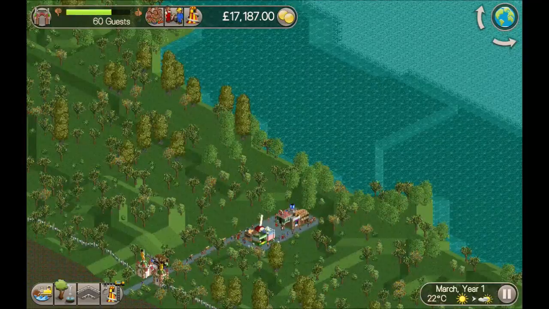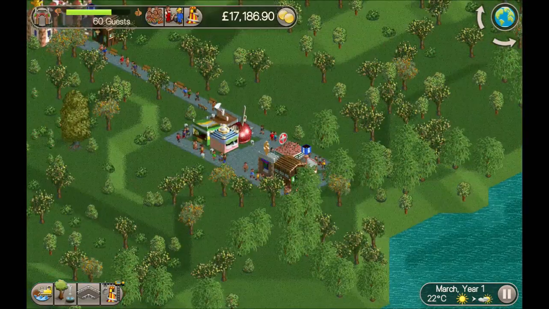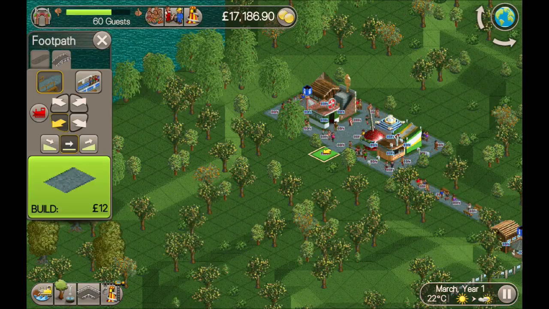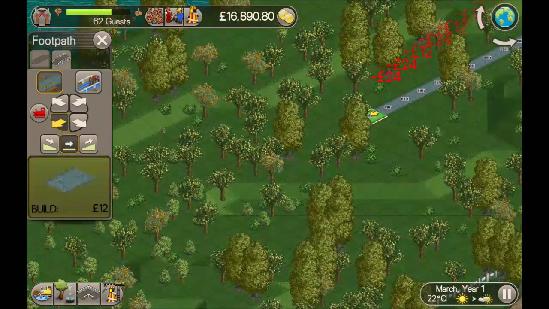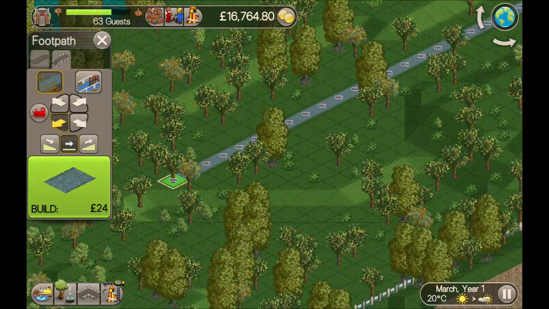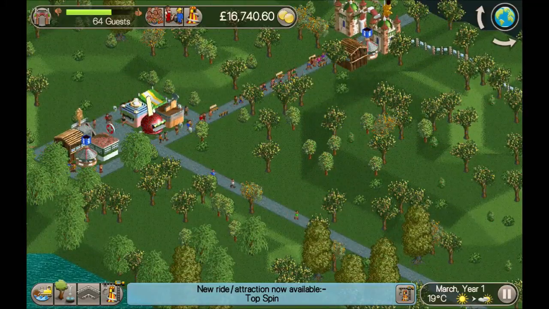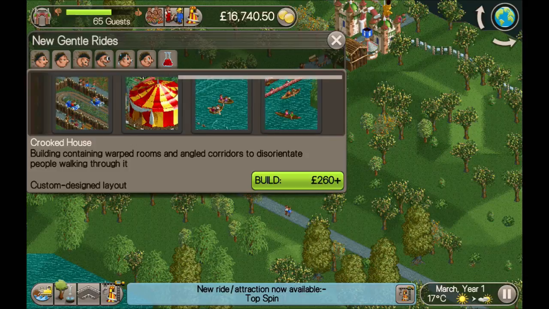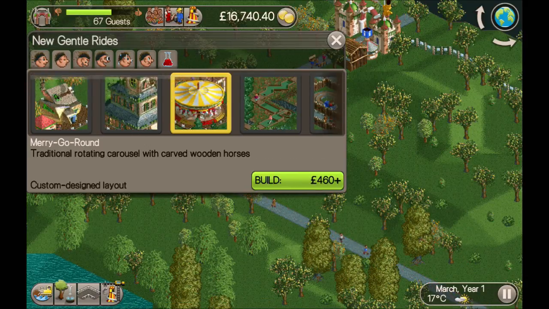Right. So the plan is I'm going to branch off, I think here. I could even do it 2 tiles wide. Let's just go down that far for now. Oh, there you go. Decent ride, first of all. So what I want to do is start getting some